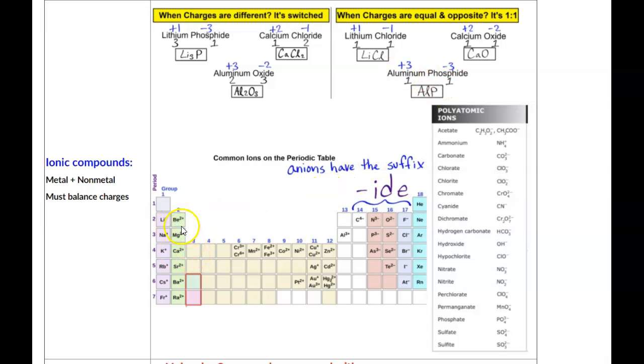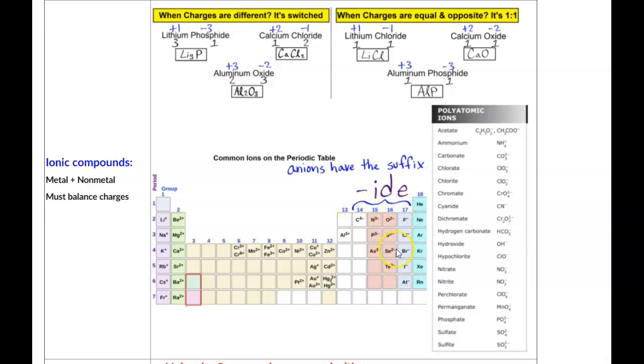So recall on the periodic table that if you have group 1, they have plus 1 charges, group 2 has plus 2, group 3, which is pretty much just aluminum, has a plus 3 charge, and then over here we have our anions that end in a suffix of "-ide": nitride, phosphide, arsenide, oxide, sulfide, selenide, telluride, fluoride, chloride, bromide,